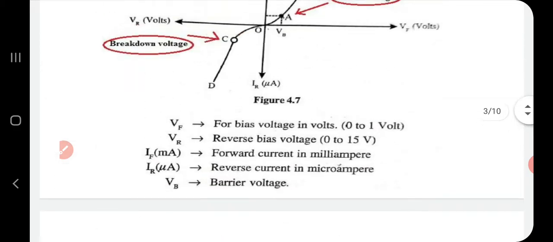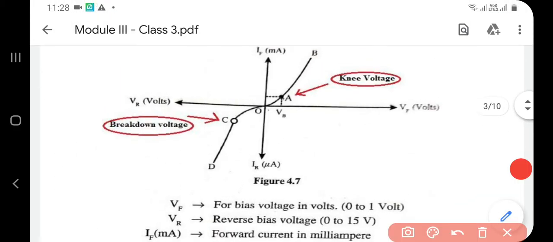See the figure here. First of all, we are increasing the bias voltage, I mean forward bias voltage, from a small value, say 0, and we are slightly increasing it. Once bias voltage increases, forward current also increases, and that portion is represented by OA. A small increase in forward bias results in a small increase in forward current, and this increase is actually non-linear. Why? Because potential barrier, that is a strong,